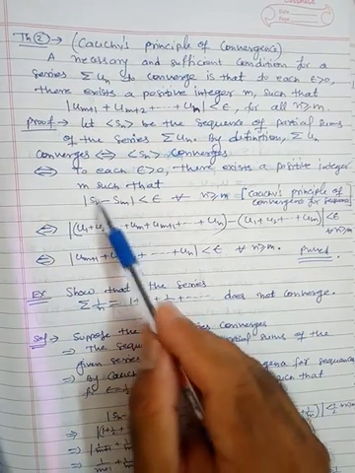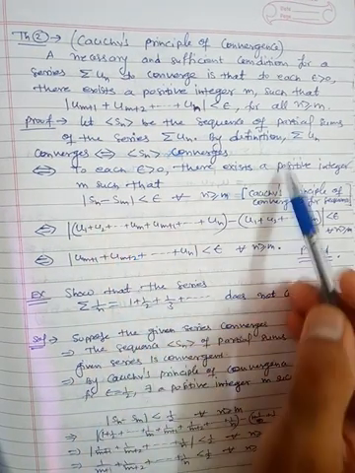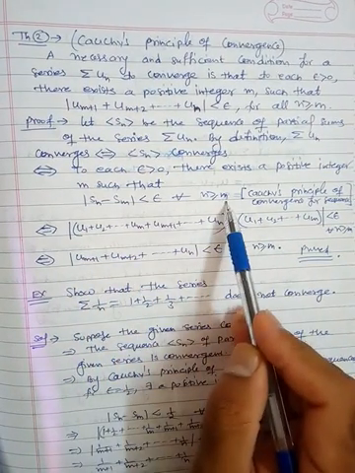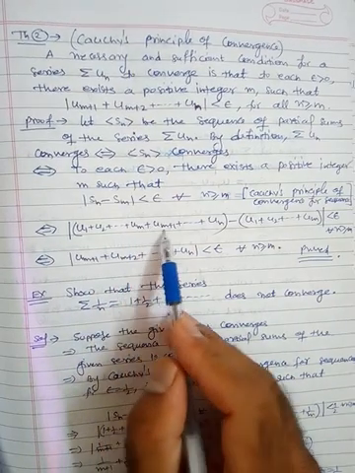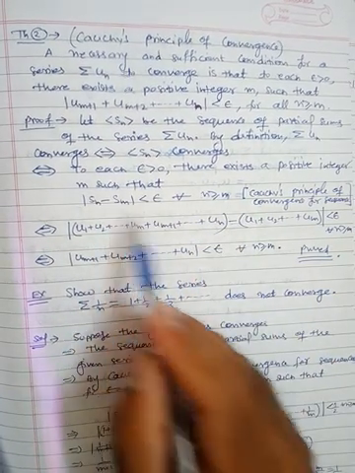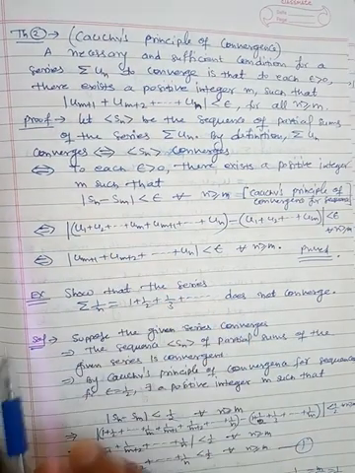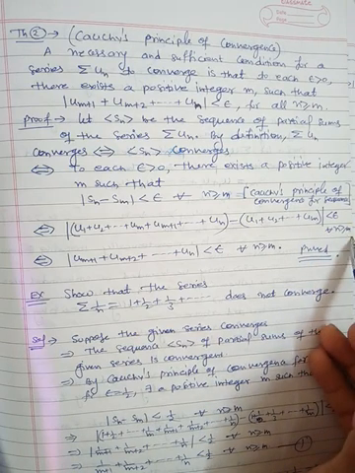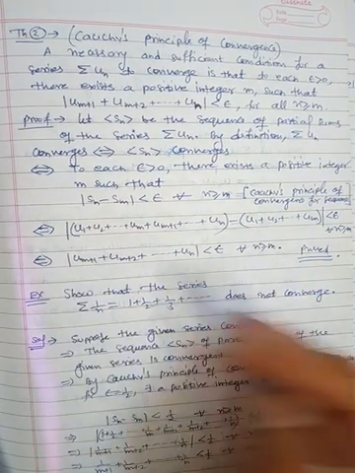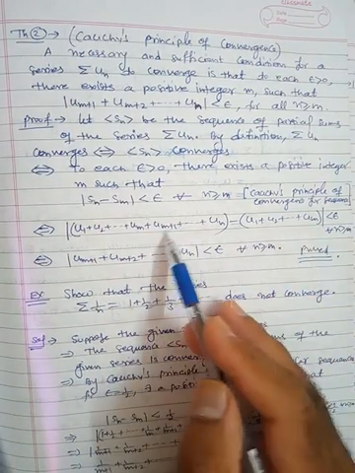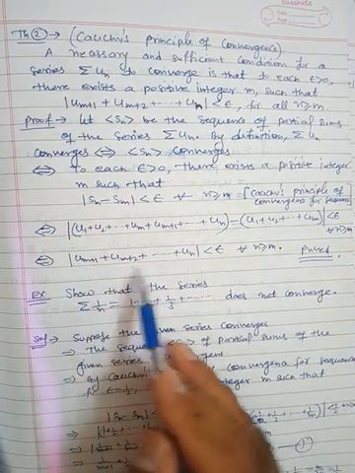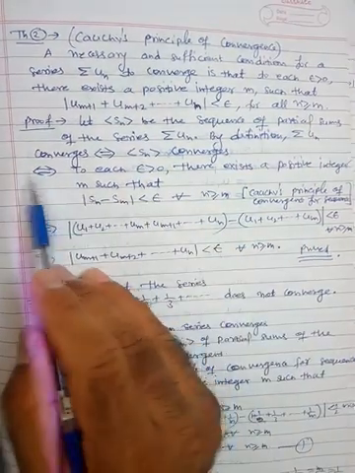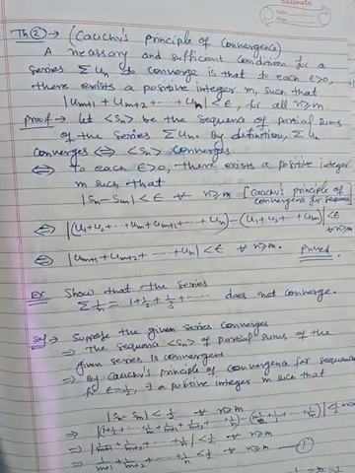But what is S_n? S_n is the sum of the initial n terms of this series, u_1 plus u_2 plus ... plus u_m plus ... plus u_n, where m is less than n. Minus S_m, the sum of the initial m terms, u_1 plus u_2 plus ... plus u_m. This difference is less than epsilon for all n greater than or equal to m. Now u_1 cancels with u_1, u_2 with u_2, and u_m with u_m. So the only part left is u_(m+1) plus u_(m+2) plus ... plus u_n, whose magnitude is less than epsilon for all n greater than or equal to m. This works both ways, so this is a necessary and sufficient condition.